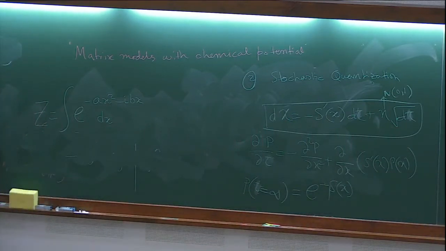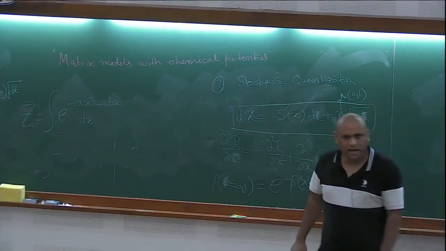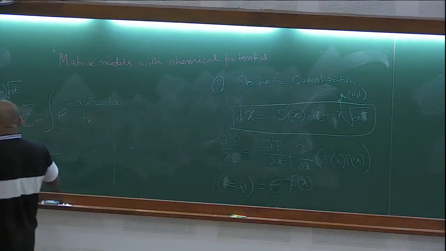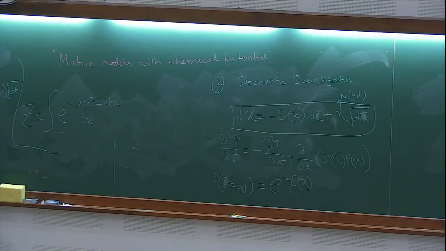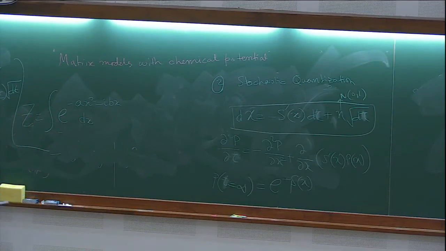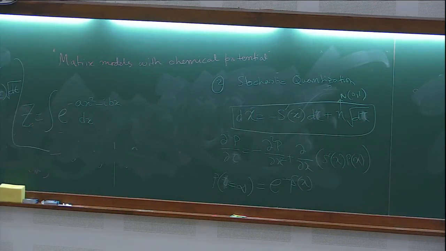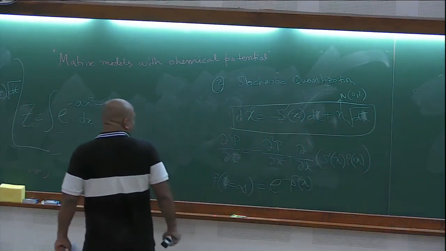If you look at this dynamics, dz equals minus S'(z) dt plus eta R plus i eta I dt, this dynamics will take us away from the real line. It won't be confined to the real line. Now people have claimed, and there are some proofs, though very hand-waving ones which I am not going to show now, that there is a claim and proof that